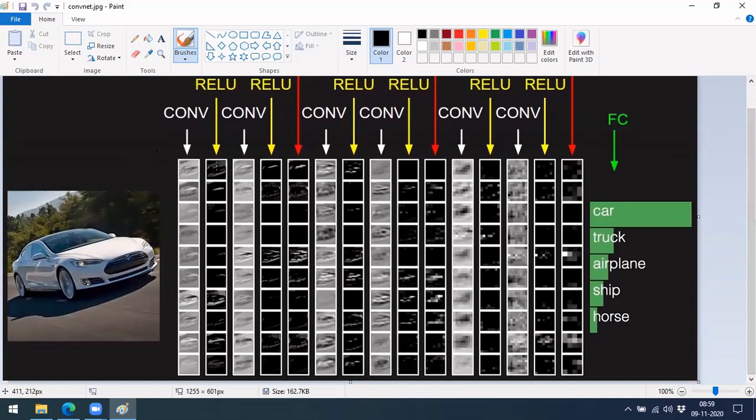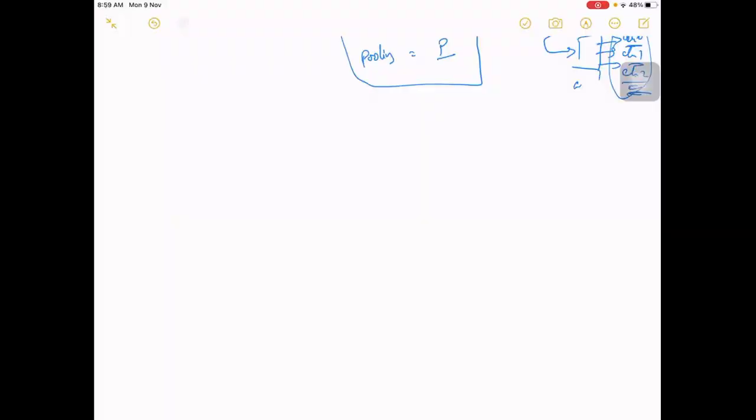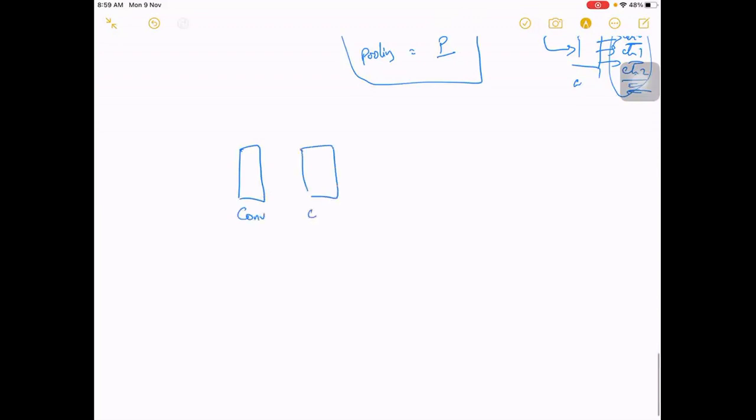and the like filters at lower level. Okay, so as we see, there are multiple convolution layers. I'm not writing the ReLU layers, let me write only the convolution layers. We assume that the ReLU activation function layers as well as pooling layers will be there within. So you have convolution layers, right?